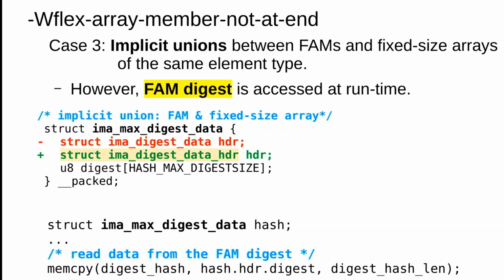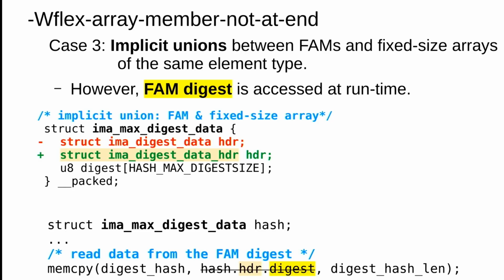Okay, so at runtime, what happened is that, in the code at the bottom, memcpy is trying to read data from the fixed size array, right? However, that is not possible anymore because we can no longer access that flexible array member. At the moment we changed the type of the conflicting object, we lost visibility into this array, which is the flexible array member, right? So now we are fixing a warning, but we are getting into trouble because the code wants to access the flexible array member. So how do we fix that issue?